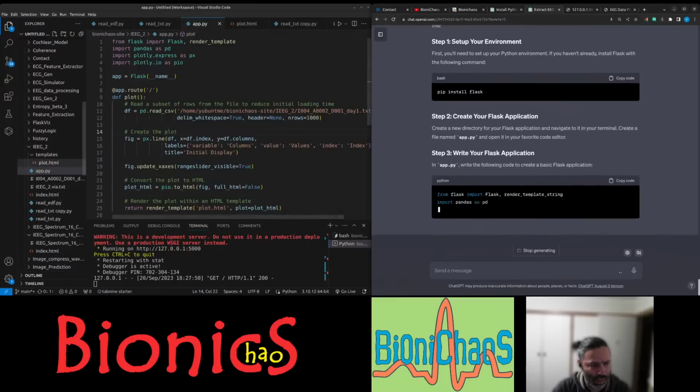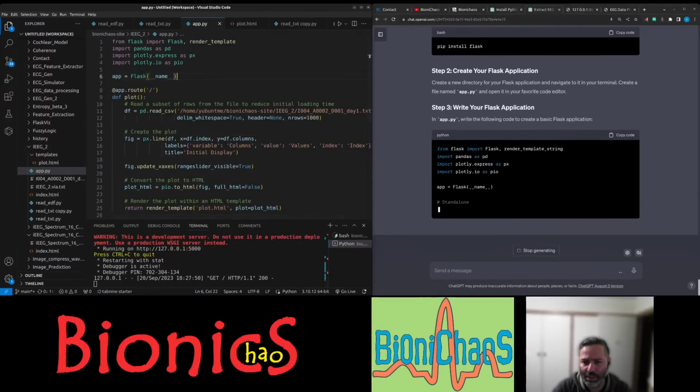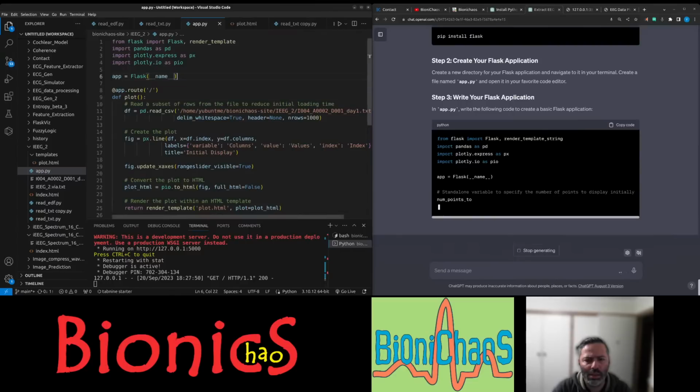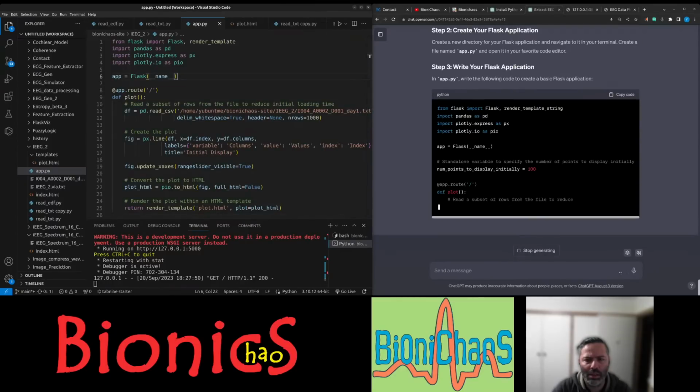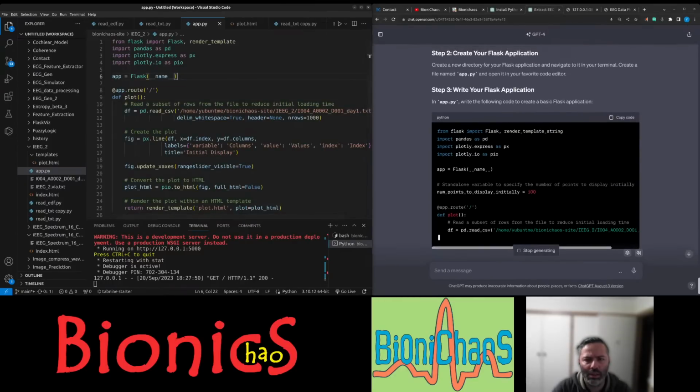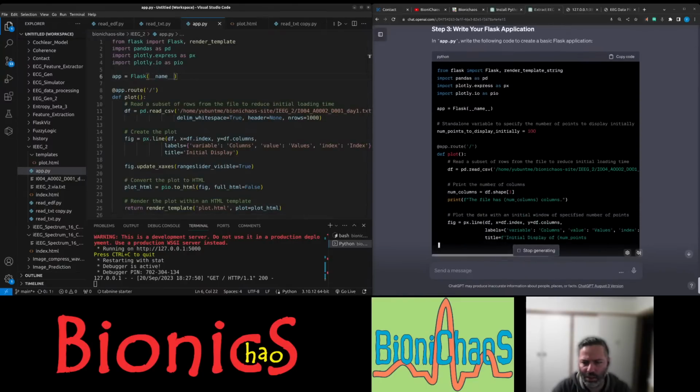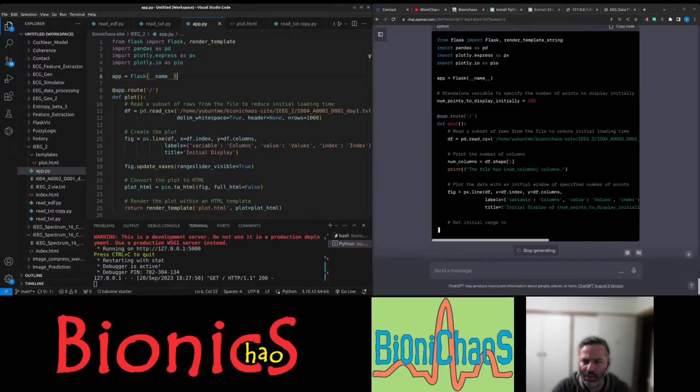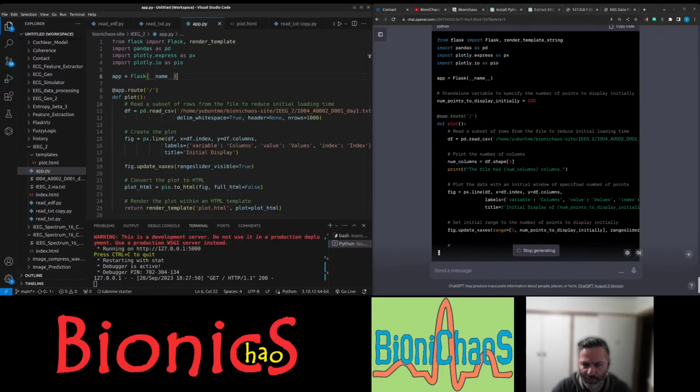Yes, we have the app.py. This is render template string. Number of points. Yeah, that's what we were missing before.